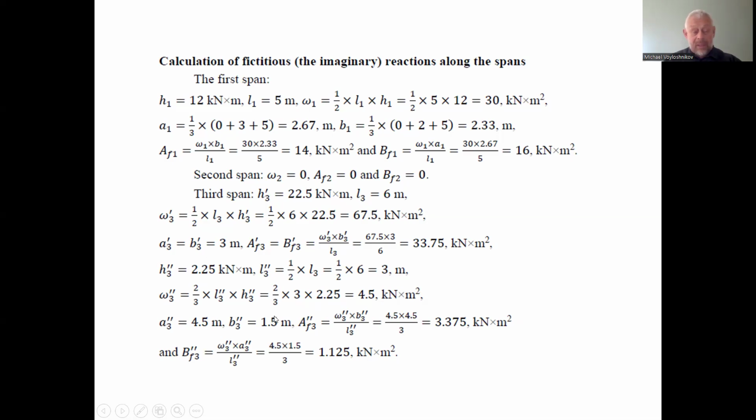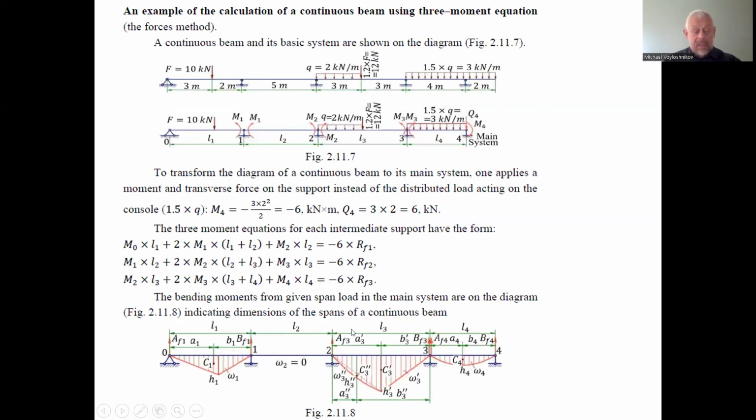We can find these magnitudes considering the third single span separately, loaded only by the distributed load, considering the balance equations and finding the support reactions, and after that we can find the segment magnitude H3 two strokes, this very small segment of the magnitude, and we can find each area as the product of the grade 2 divided by 3